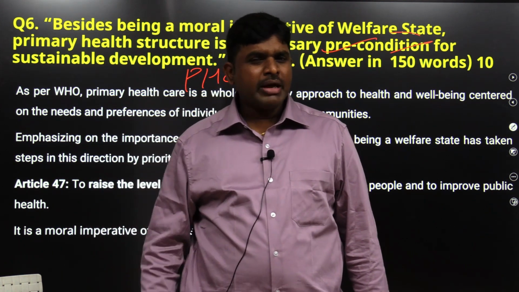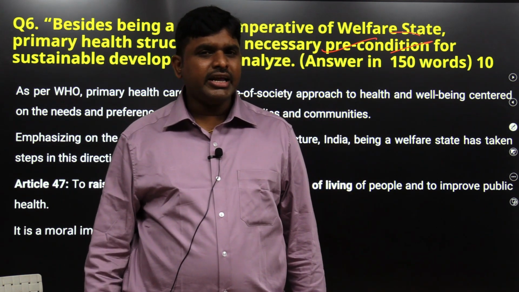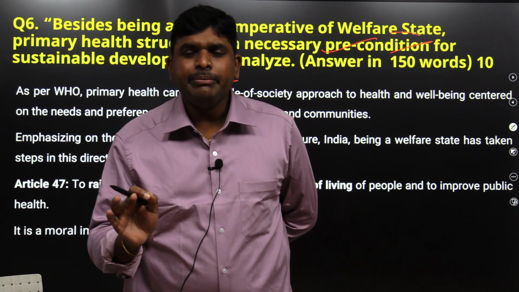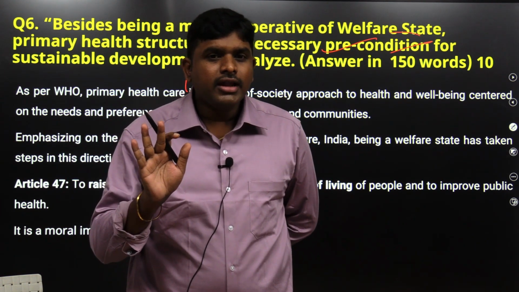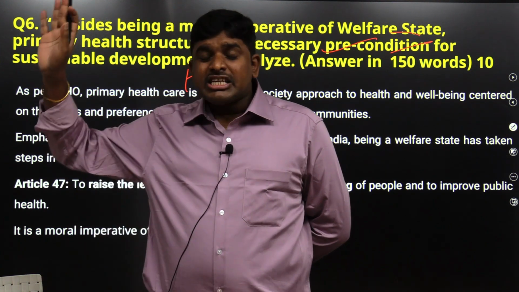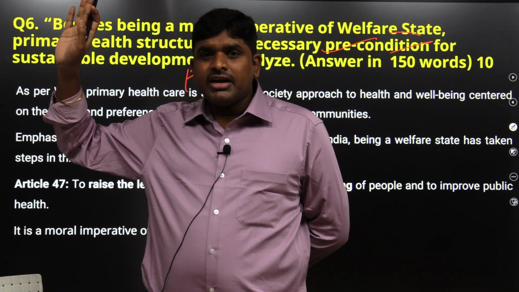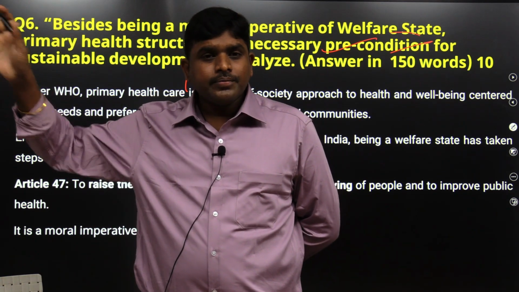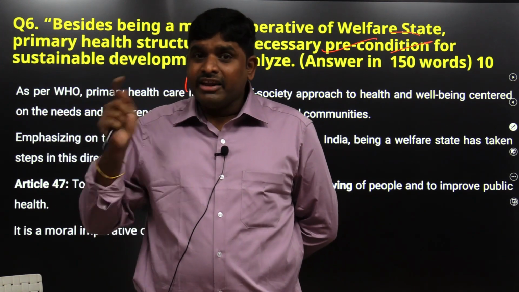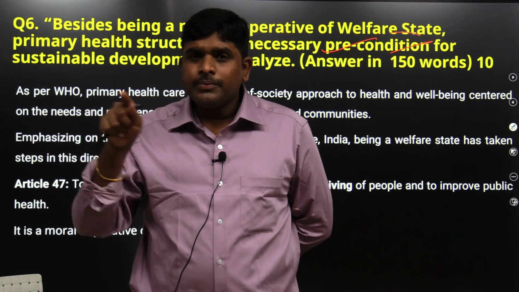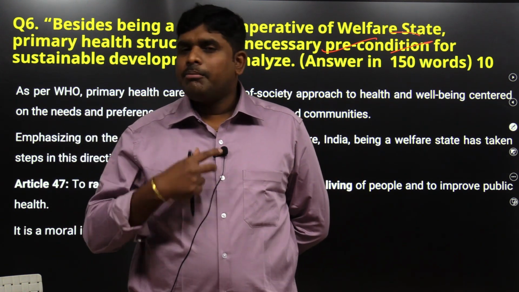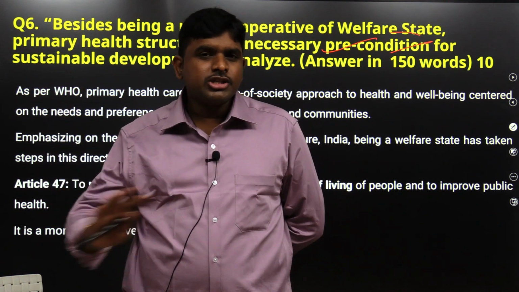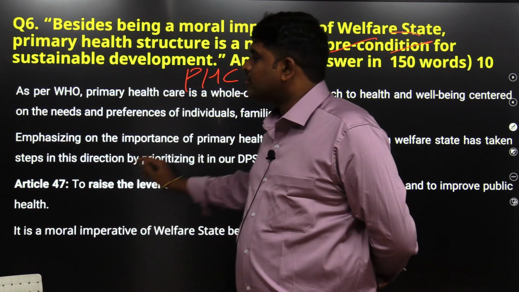What is the big problem for the primary healthcare sector or health sector in India? 1.3% of GDP is allocated for the health sector. But the respective committees and commissions recommended that a minimum of 3% of GDP needs to be allocated for the health sector, in which the higher focus should be on the primary healthcare sector. But in India, the primary healthcare sector is ruined. It is not working functionally. This is all you write.